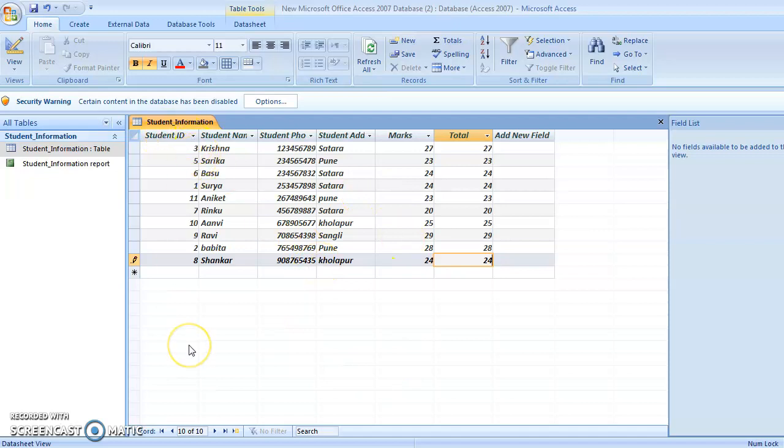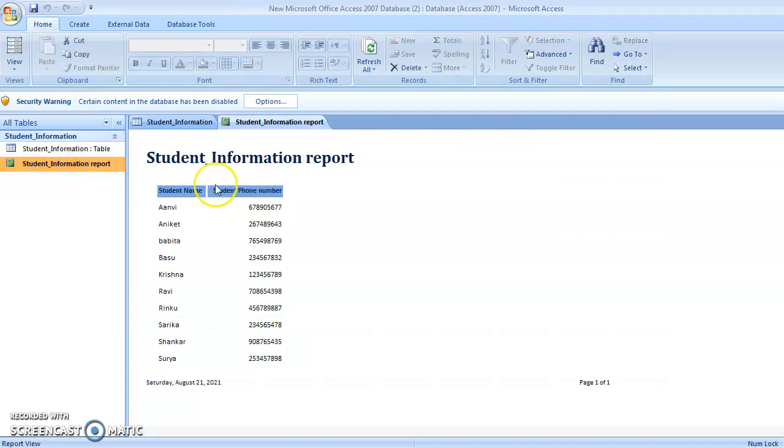Now in this experiment we are going to learn how to generate a report. For this, I already generated this report, the student information report. We are going to learn how to generate a report like this. This is the report view.